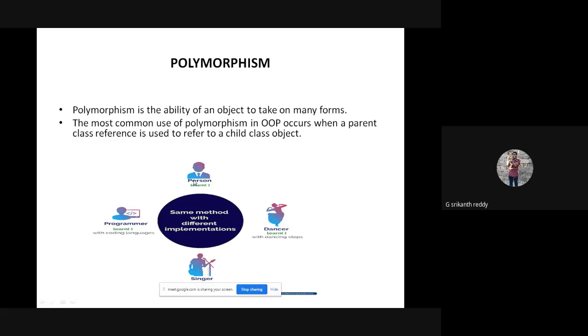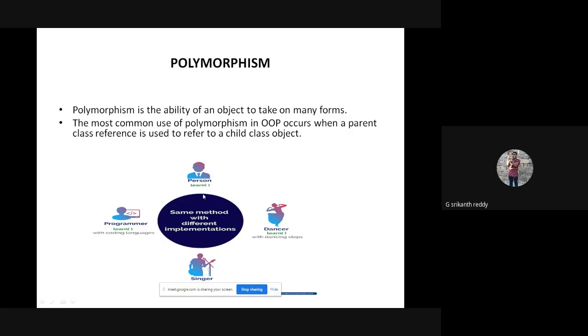It depends on how this person behaves when I ask him to learn. When I tell, okay, let us suppose this person is Mr. X. Mr. X, learn. What he will learn depends on in which form he is. Let us suppose he is in dance school, he will learn dance. If he is in singing school, he will be singing. If he is in a coding class, he will be programming. So the word learn is the same, but it behaves in different ways.